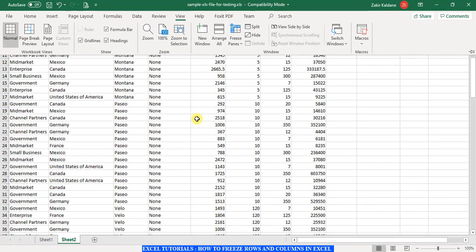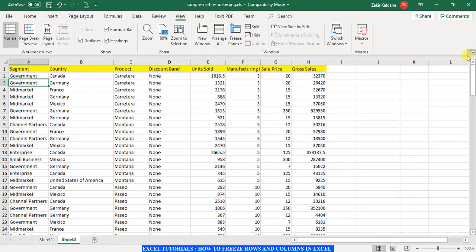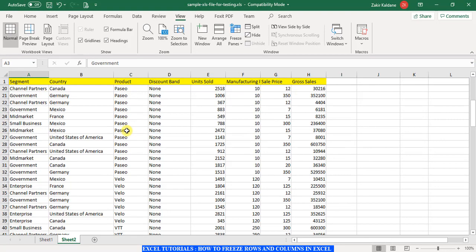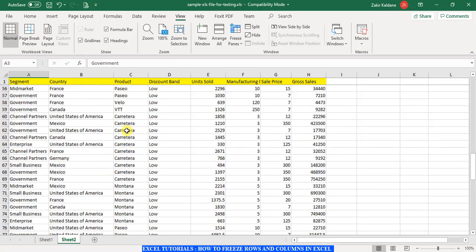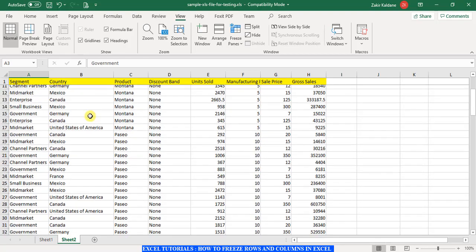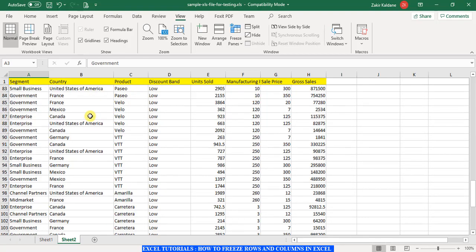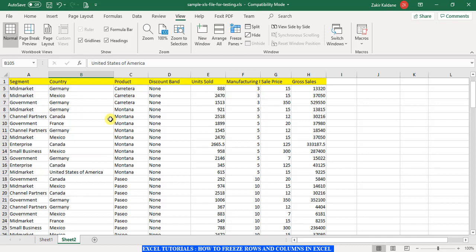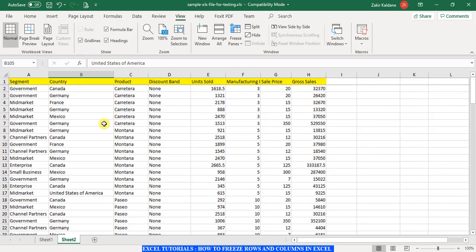If you click on Freeze Top Row, what happens is now you can browse down and you see that the top row is just stationary, or it is locked. So it is very easy. When you are scrolling down, you can refer to which column this data belongs and what it relates to. This is a very important feature when you are doing everyday work in Excel.